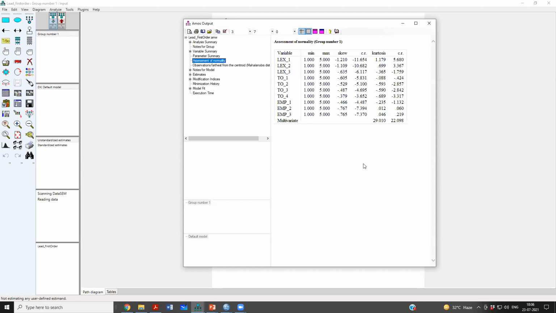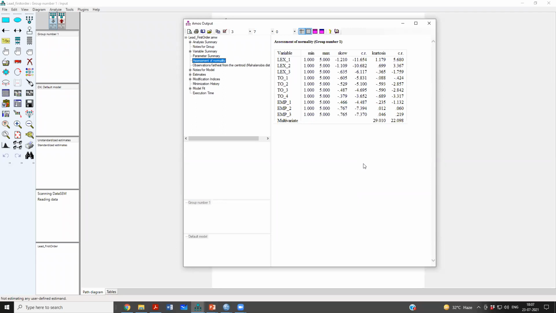But there will always be problems of non-normality in Likert data because it is not continuous data. So it is not an interval scale. It is an ordinal scale at the end of